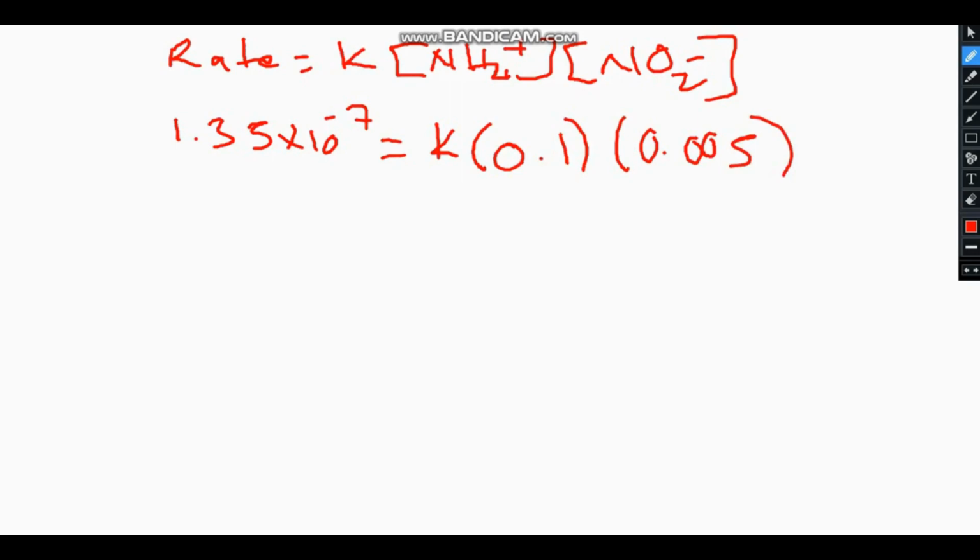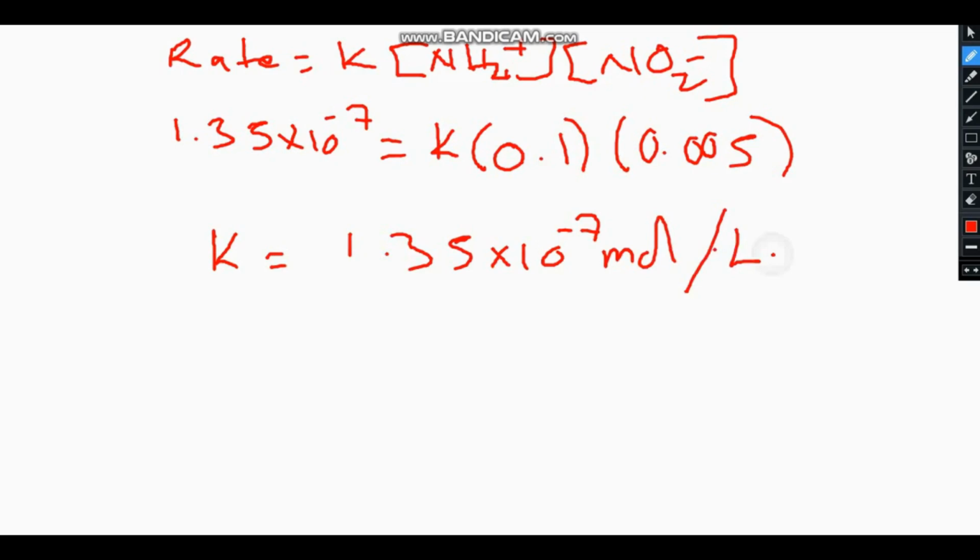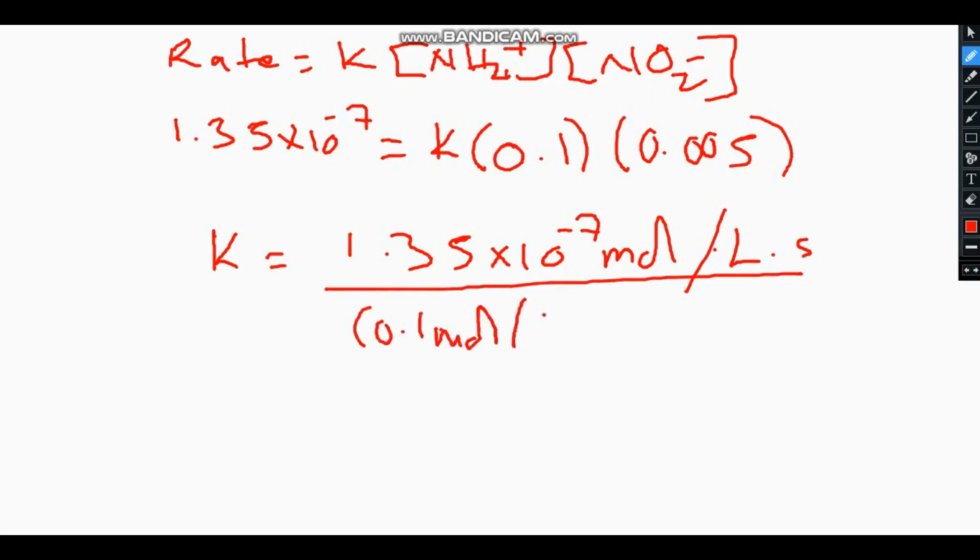So K is equal to 1.35 times 10 to the power negative 7, and if we put the units, it is moles per liter second, divided by the concentrations, which are 0.1 moles per liter